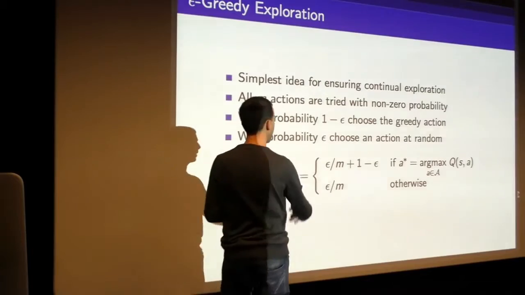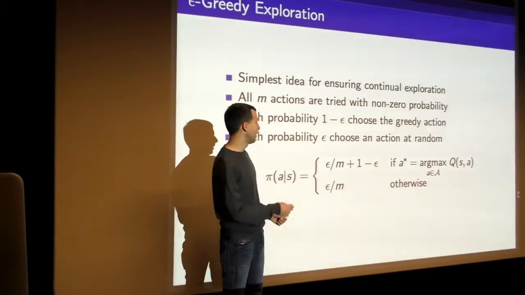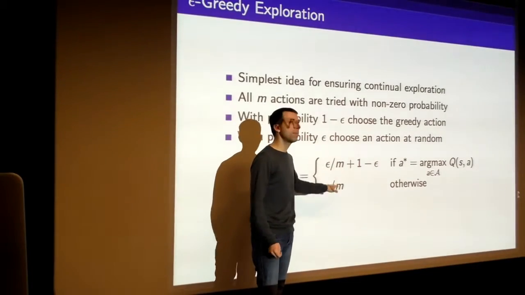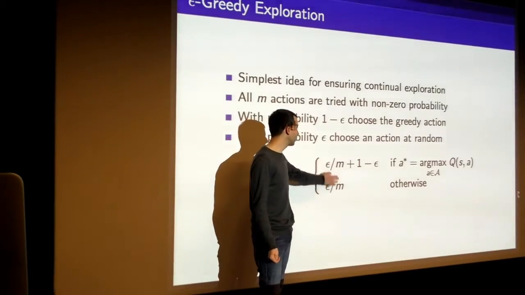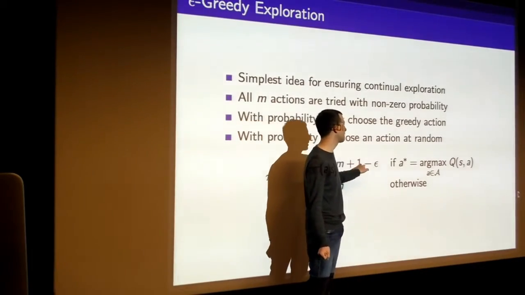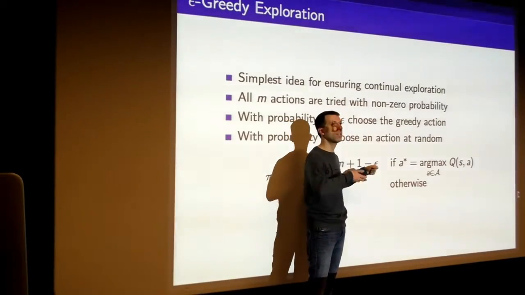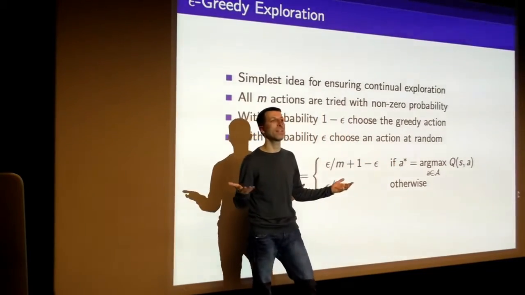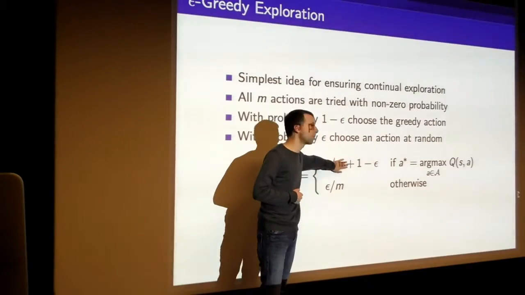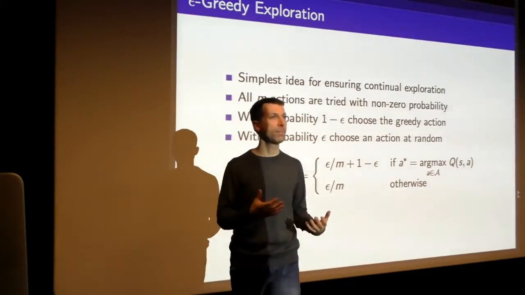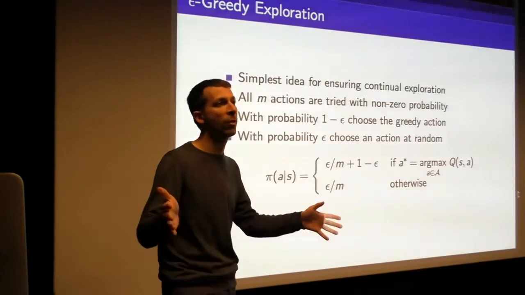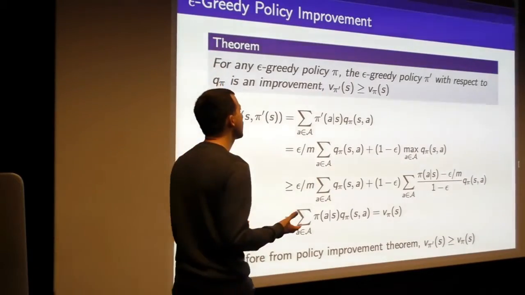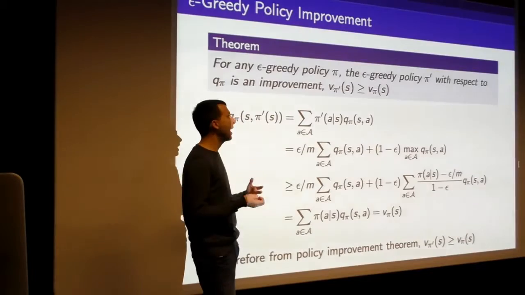So this is just a fancy way of saying precisely that. This is saying the probability is, if you flip the coin, so this epsilon over m is the probability of what happens if it comes up tails and you explore, and this 1 minus epsilon is the probability of actually if it comes up heads, then you pick the greedy thing. But you might also pick the greedy action just by random as well if this tail thing comes up, which is why I have a bit more probability mass on this one. But the idea is very simple. You just either take the best action or you explore at random.